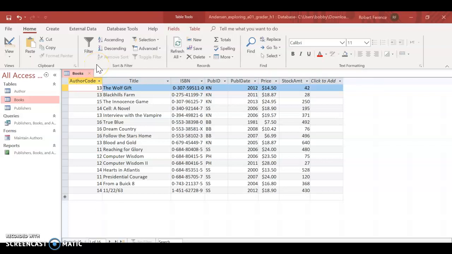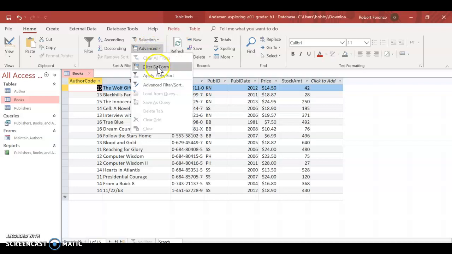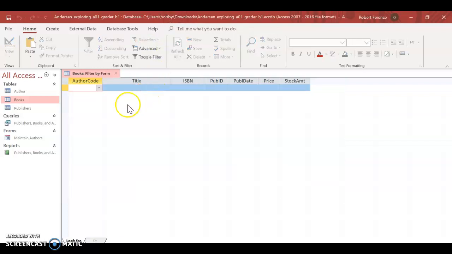To do this, click the Home tab, then scroll over to the Advanced button in the Sort and Filter section and click on Filter by Form. Insert the rules for the filter in the appropriate spaces. In this case, if we were to only want books that were published before 2010 and only have less than 200 in stock, we would type less than